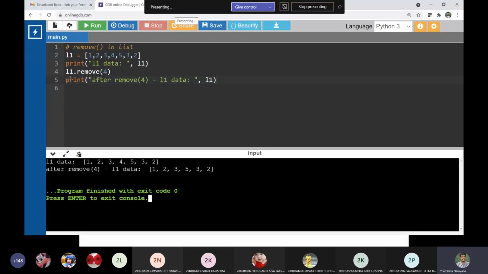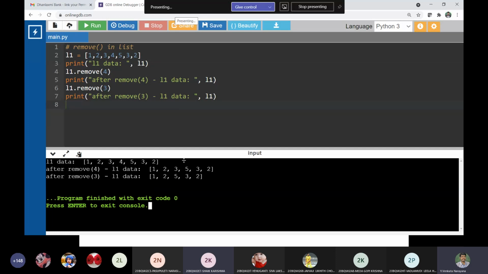In a similar way, now I would like to remove the value 3. The value 3 is present twice, yes or no? See here, the value 3 is here and 3 also here, two times. So which value will be removed? The first 3, yes or no? So let us check.